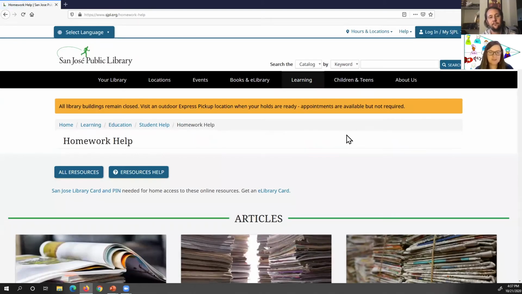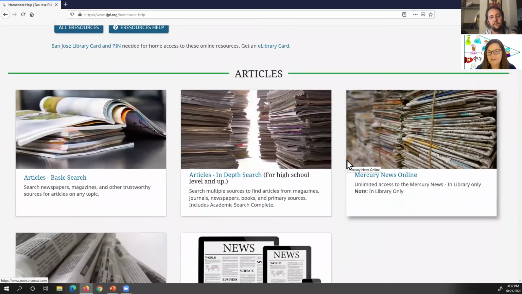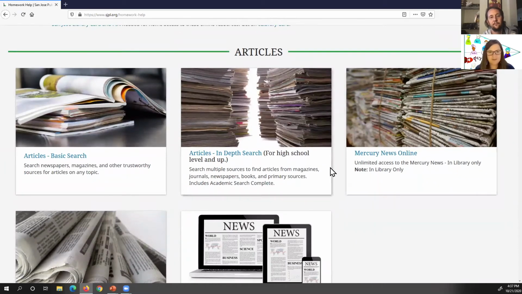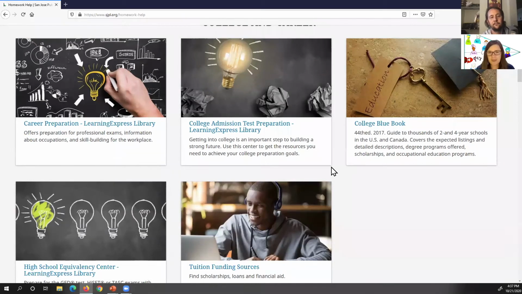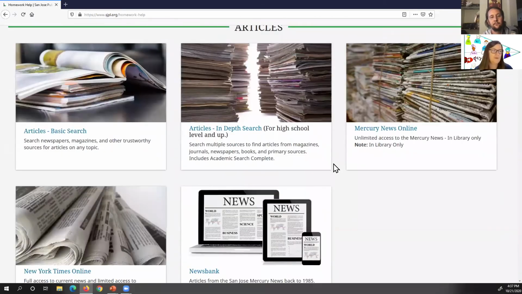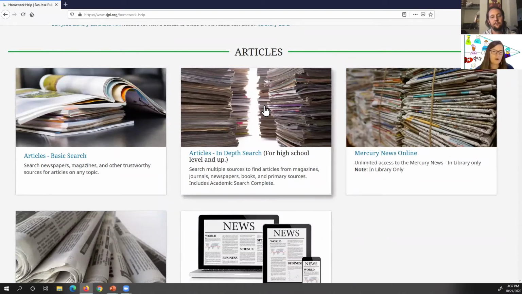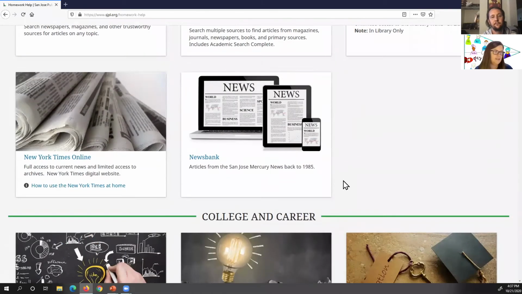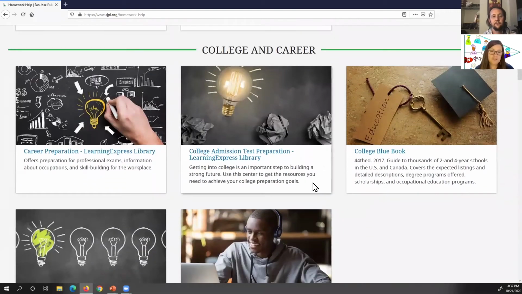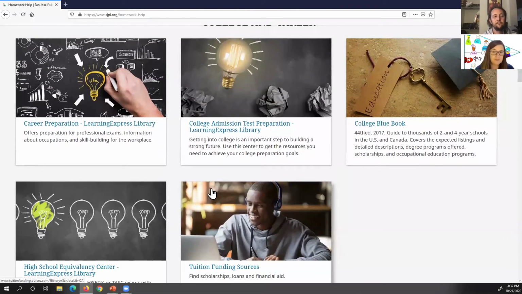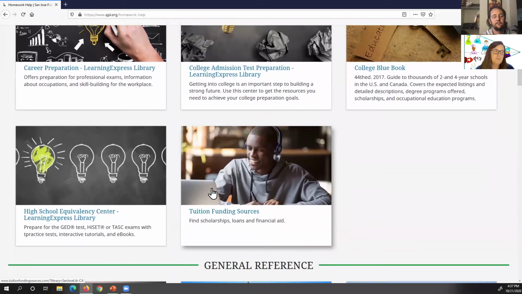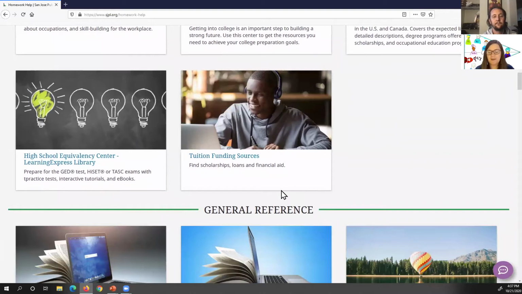If you see anything interesting here, feel free to ask about it. I'm going to highlight a couple of resources, but I'm always happy to talk about anything basically that's available on this page. So when you come to this online homework help page, you'll see that it's divided up into sections. Articles has your newspaper and magazine articles in here, mostly newspaper. Then we've got a college and career section, which has some really useful tools, especially as you get out of middle school and go into those high school years, those test prep years, building your resume for applications to college or university if you're considering doing that, or exploring your career options if your kid is interested in learning about a trade or other types of business.